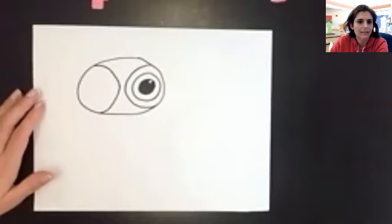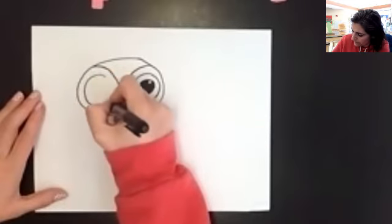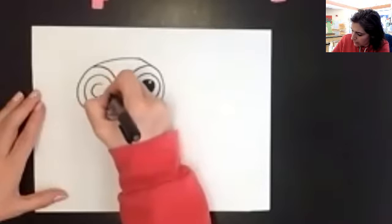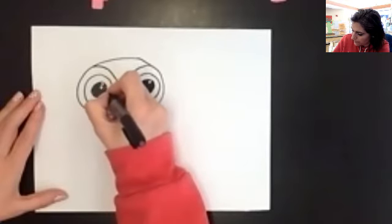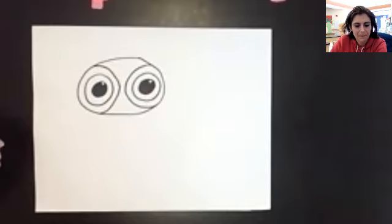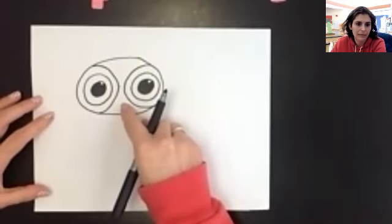And then I'll do the exact same thing on the other side. I'm going to make a bigger circle. And then a smaller circle inside. I'm going to leave a little reflection mark and fill in the little circle for his pupil. Just like that. Okay, we're going to move down to his nose or his beak, and we're going to use